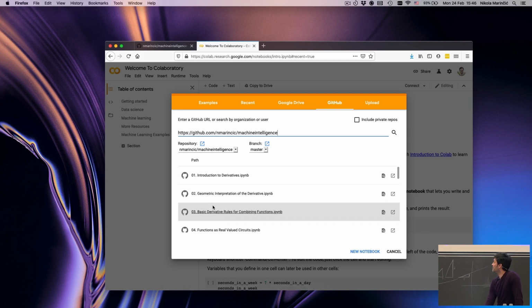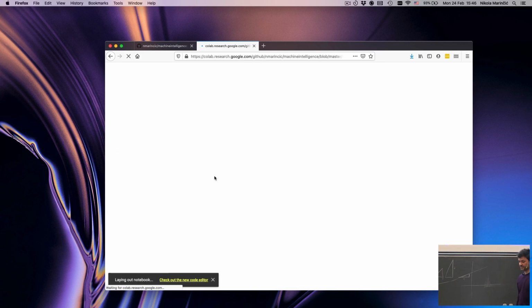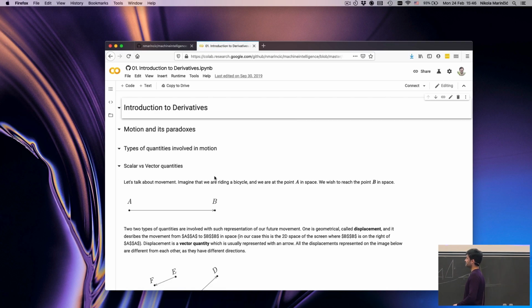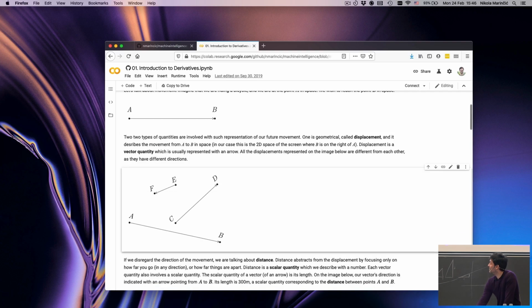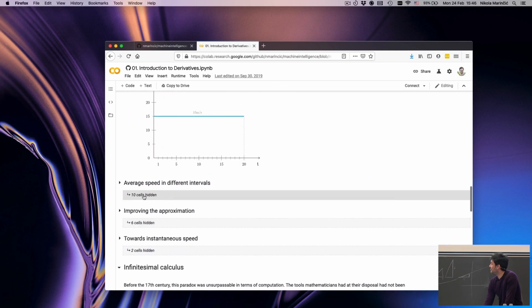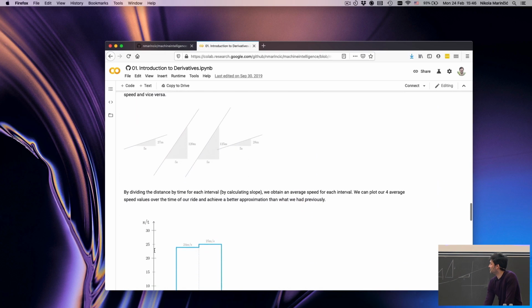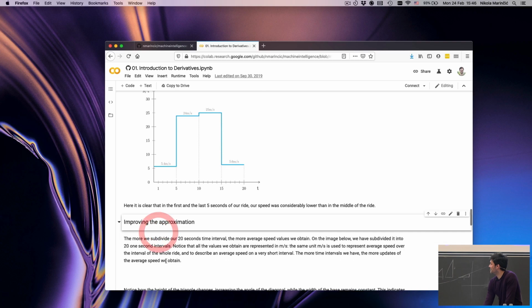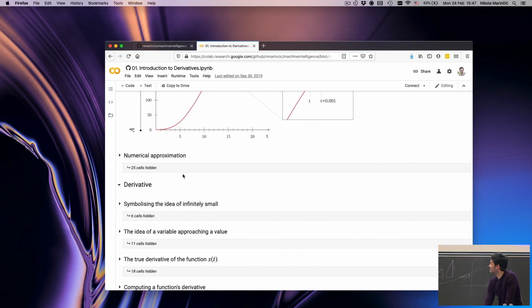If you click on one of them, for example the first one, Google will replicate it in its own coding environment, so you will have your local copy. You can save it and change it. But the interesting thing is that the code will become available to you. Some of it will be hidden because it's a different format, so Google does not display it exactly the same as GitHub, but you can always unhide it. But when you come to code, where is it?